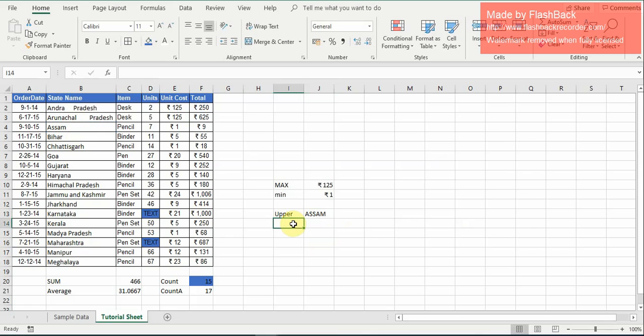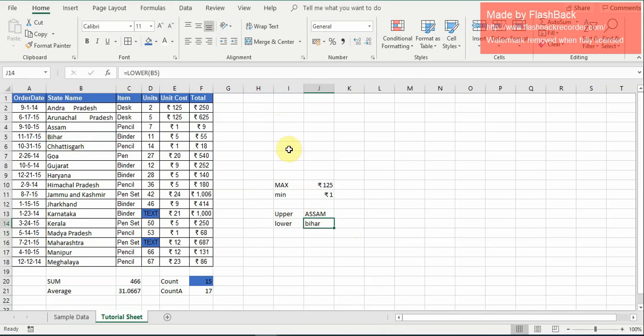Now let me use this LOWER. Once I select LOWER, all the letters will be in lowercase. Now UPPER and LOWER are pretty common, and we can always use that. Let's say we want to enter some fields where it is a requirement that all the values should be in uppercase only. In that kind of scenario, we can always use these functions.